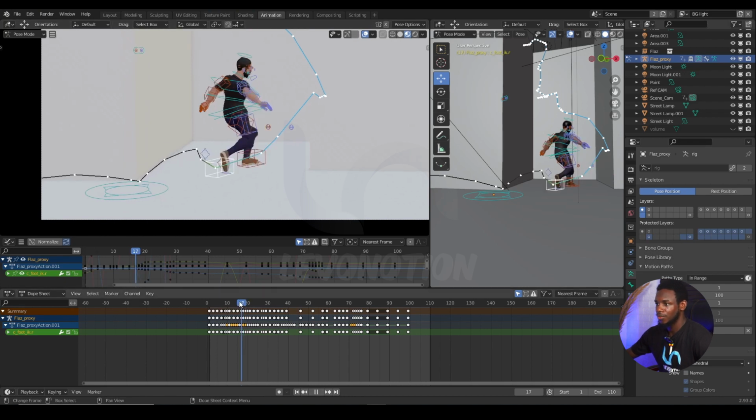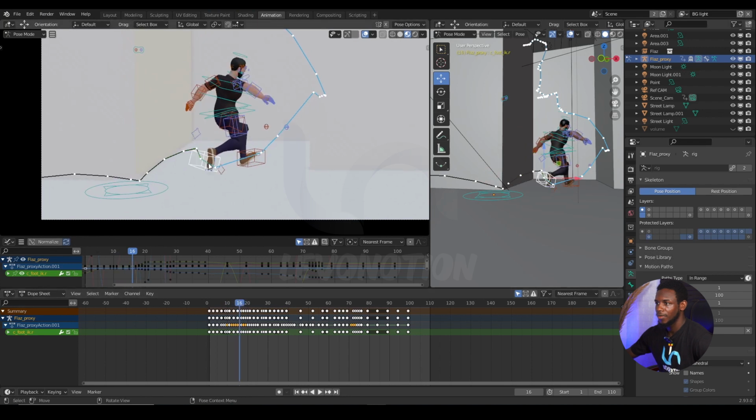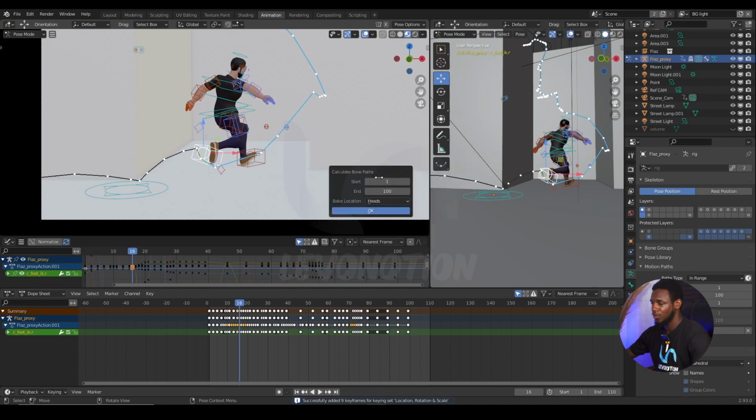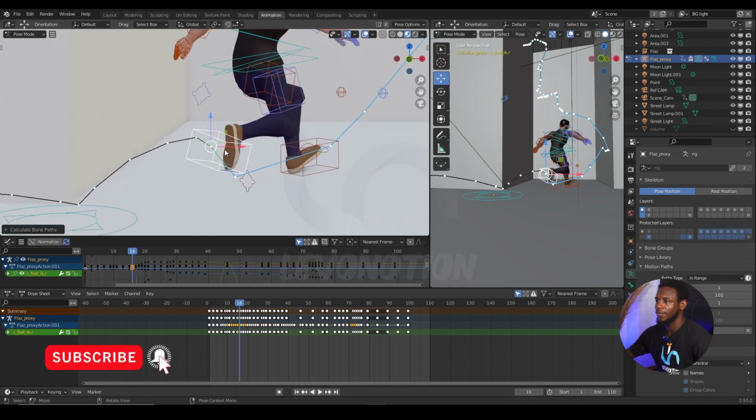To do so, I can just make sure I'm on the current frame, and then unhide my widgets. Then I can pull this in. So I to set in the keyframe, F3 to bring up the search, enter to lock the information in, and then 1 to 100 is okay. So enter again, and now you can see it updates, right? So that's how to do it the fast way.